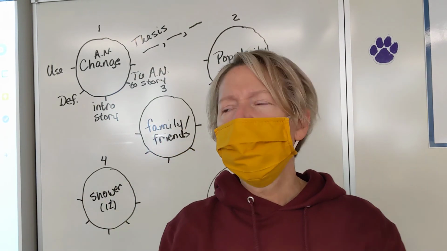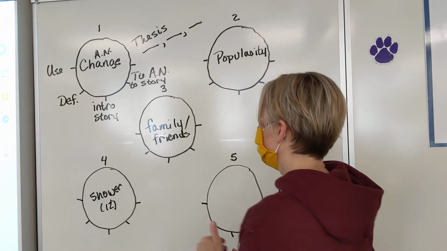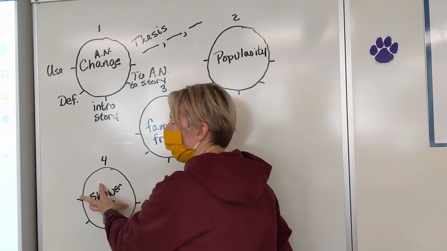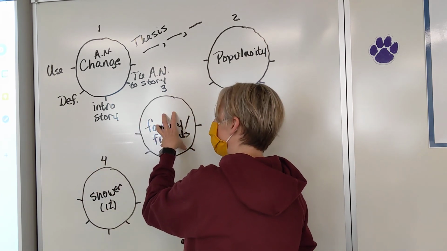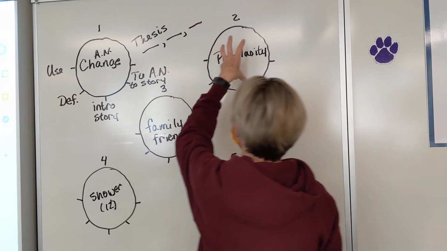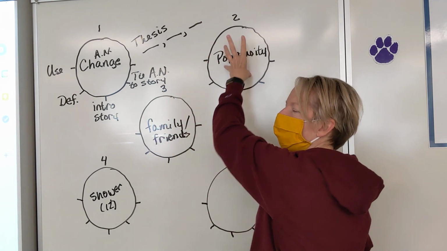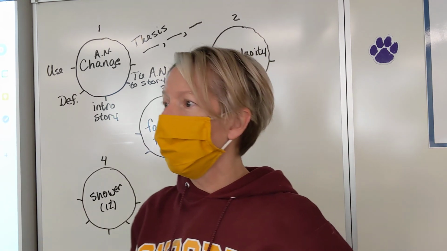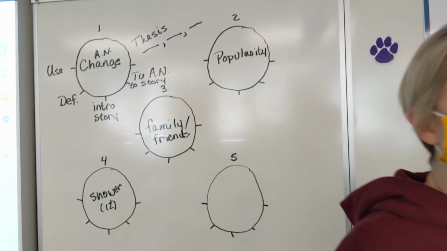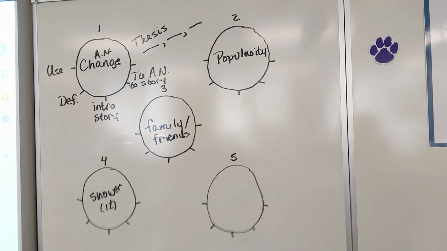Before you come back, could you do me a favor? Find the page that this part of the story happens. Find a page number where we see her forgetting who her family is, and find a page number where they talk about her popularity. Can we do that before we come back? Yes, ma'am. All right, I will see you in a little bit. Thank you. Okay.